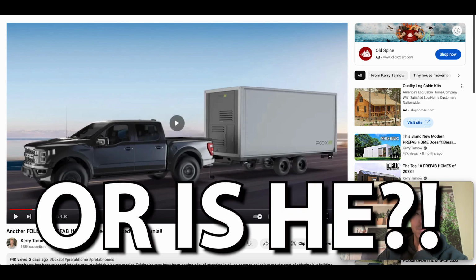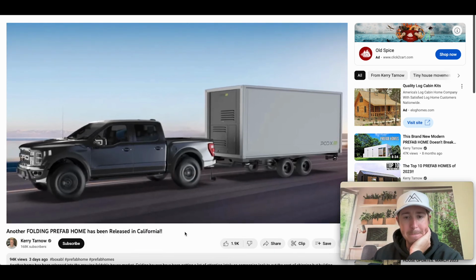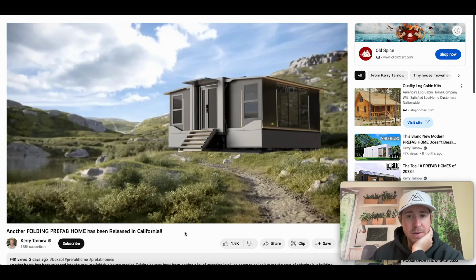He's not going camping. To travel down the road without any kind of wide load permit or escort. The concept is great and people seem to be excited about it, so I think this is a space that'll continue to get more competition going forward. The company I'm talking about today is a...